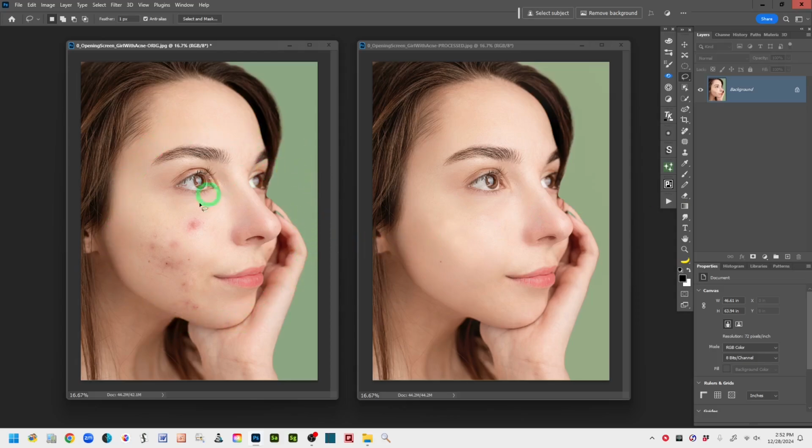So here's the starting photo, and you can see that this poor young woman has all kinds of acne or pimples, and this is after I was able to use some of the AI tools in Photoshop to smooth her skin. And you can see that because she's young and we haven't really changed the texture too much on her face here. Okay, so my techniques will include some time-saving tools and processes that I hope will make skin retouching